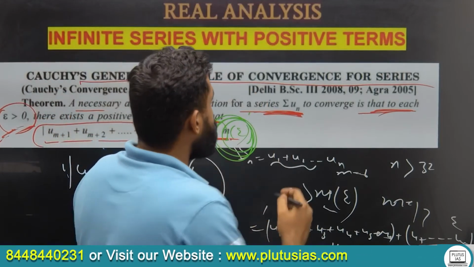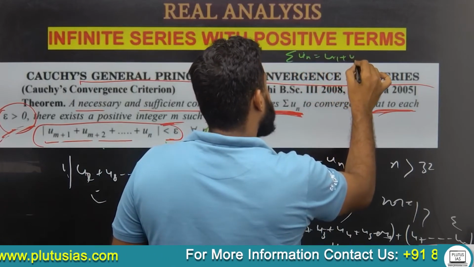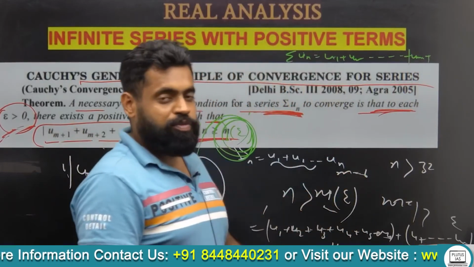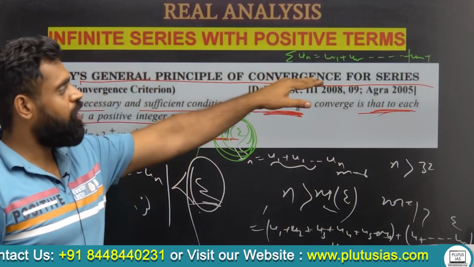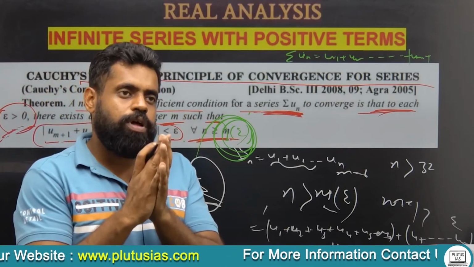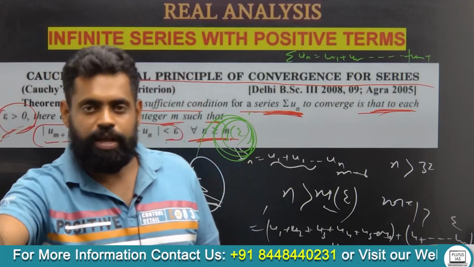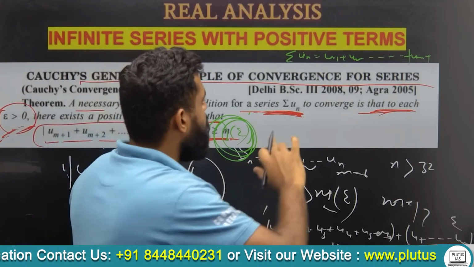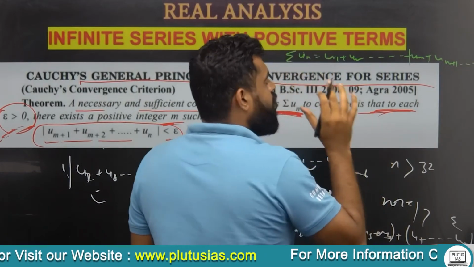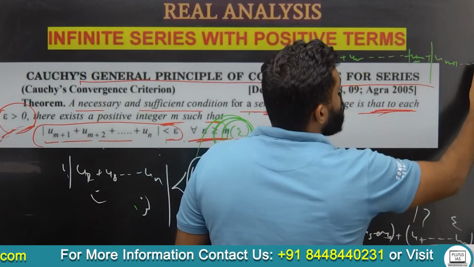Suppose I say summation un, and I say that after a fixed term, it is bounded in this case. I'm very much focusing on this concept, because once you get this concept, you get the whole idea of limit and what the convergence of sequence and series means. And even in the case of improper integrals and everything, you will get the value. See, if I told you that after a fixed number m, the values of the other terms would lie between a fixed number epsilon,